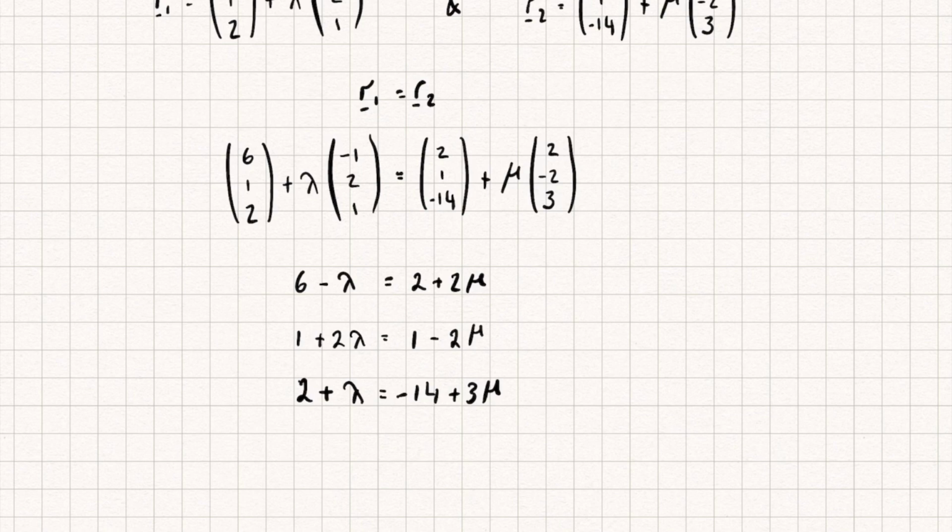Now all this has given us is just a set of simultaneous equations that we want to solve. And so we solve it like normal, so let's label them. We've got equation 1, 2 and 3. And we want to find a value of lambda and mu such that all three of these equations are satisfied, okay? If we can only satisfy two of the equations, then there will not be a point of intersection because